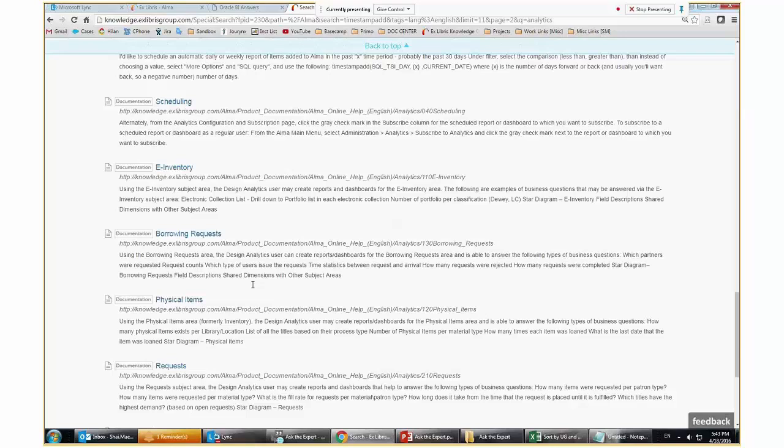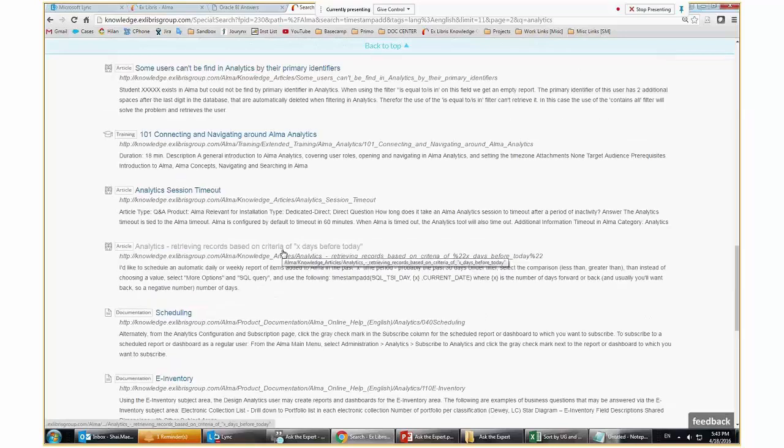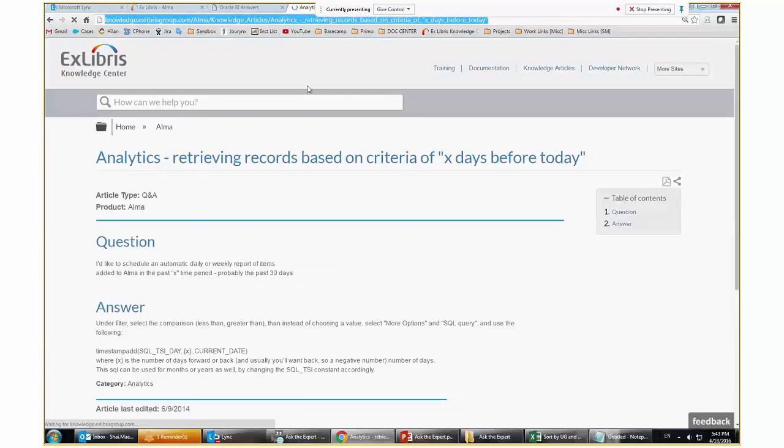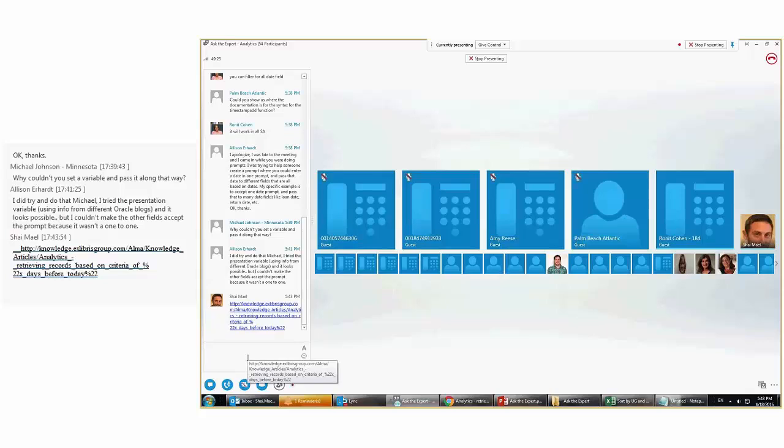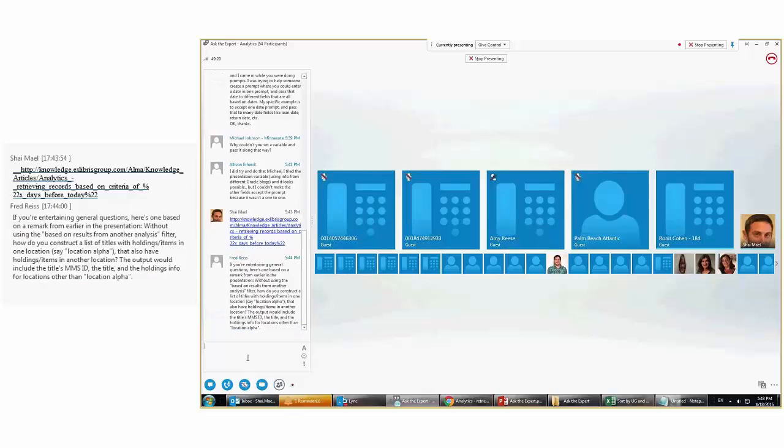Again, this is where I recommend that you go for the timestamp add. For example, we can post this over here. There's a lot more documentation if you continue to search. And we highly suggest using it so that you don't have to go back and maintain your report with